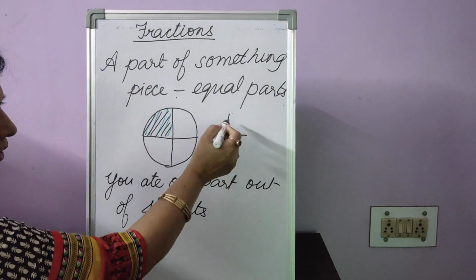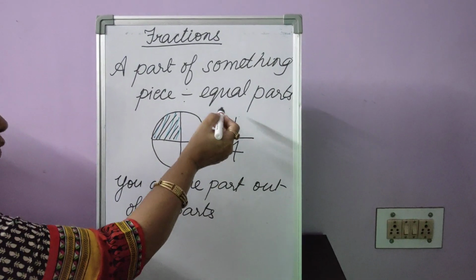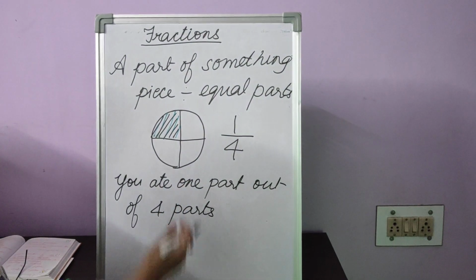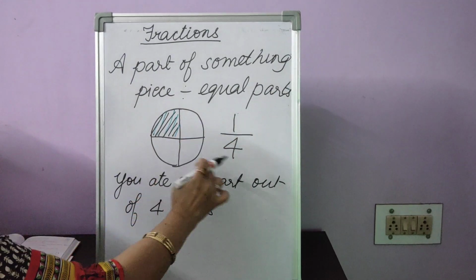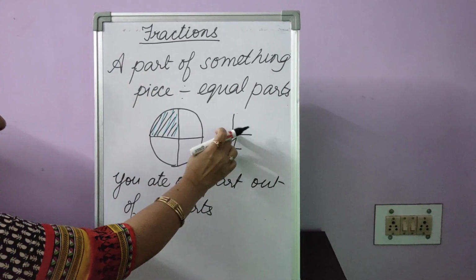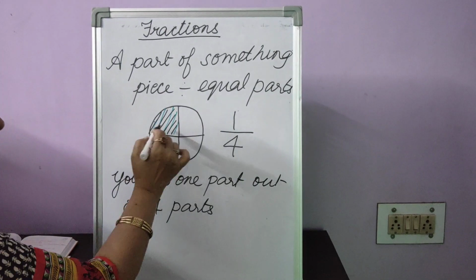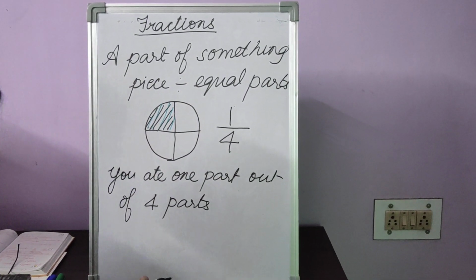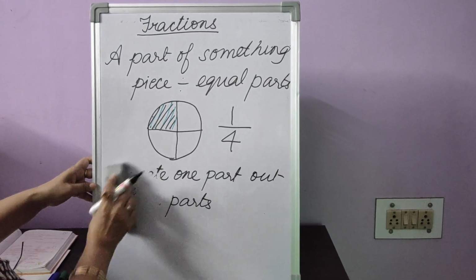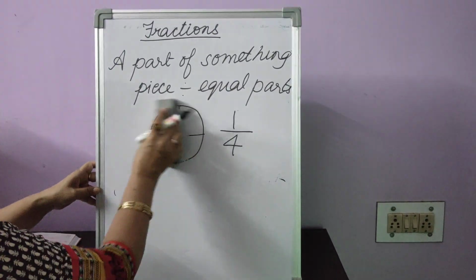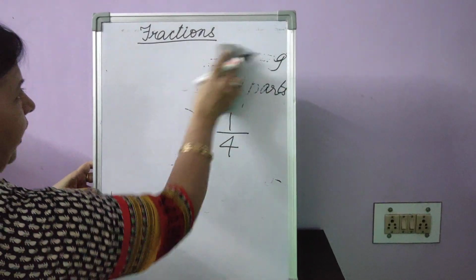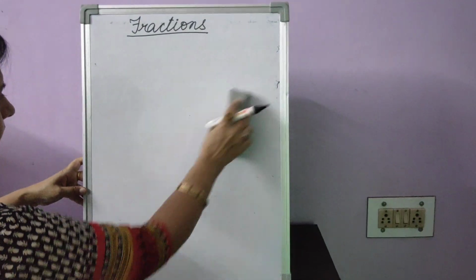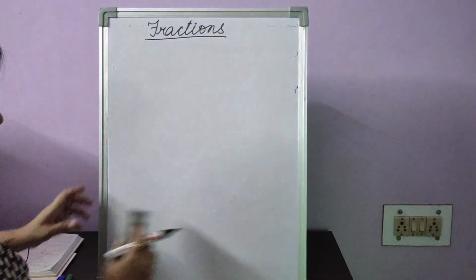And when we write in this type of arrangement, with one number written on top, one number written down, and we draw this line in the middle, this is called a fraction. It is a part of something or a piece of something that is divided into equal parts. And this is what we are going to do today, fractions, because we cannot always keep on writing in words. So, a fraction has got 2 parts: a part that we write up and a part that we write down.